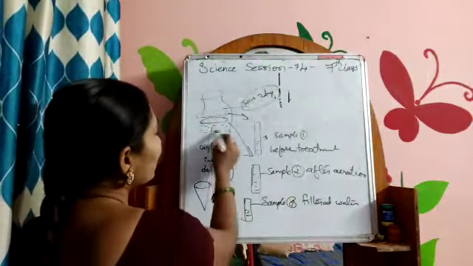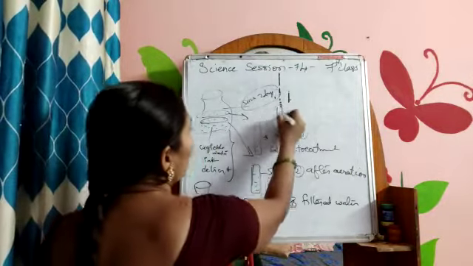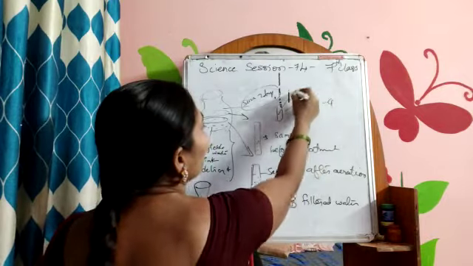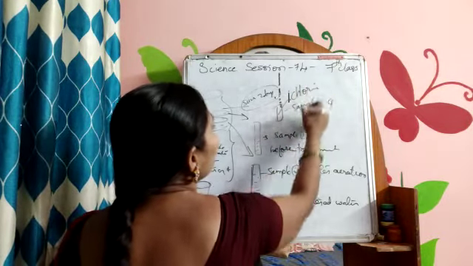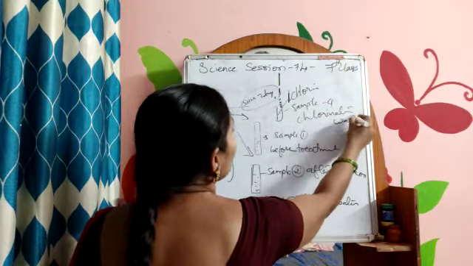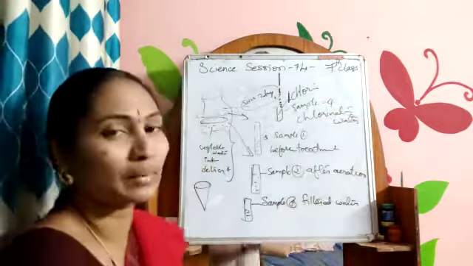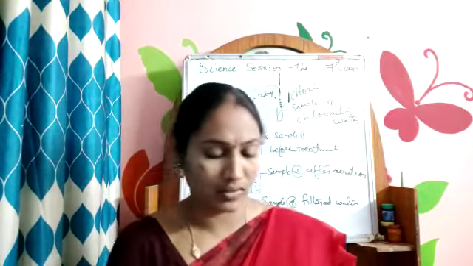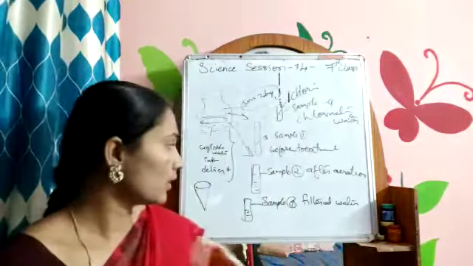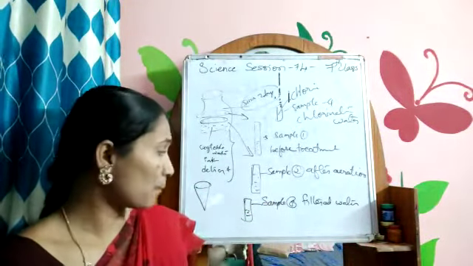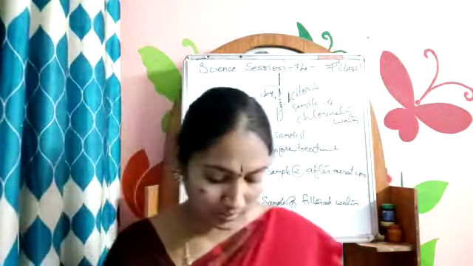Now again take the remaining water into sample number 4. But here what you have to do? You have to add the chlorine tablet. And this is called chlorinated water. This is chlorinated water, sample number 4. This is called a chemical process. Here, sample number 2 is a physical process, and sample number 4 is a chemical process.